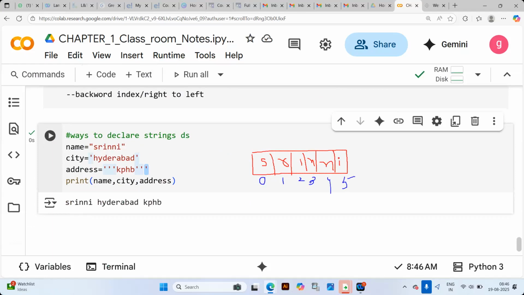The number of characters in the string is 6, but indexing starts at 0 and goes up to n minus 1.